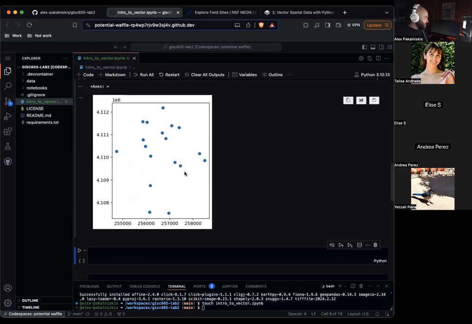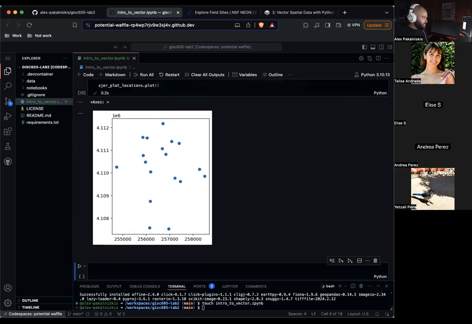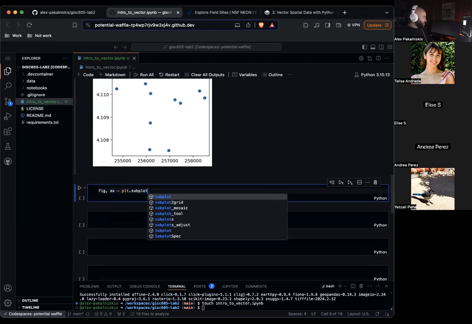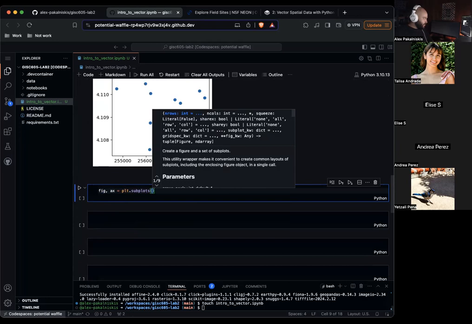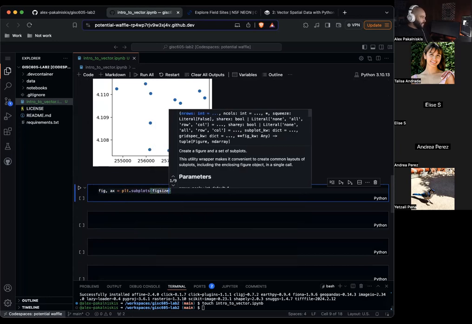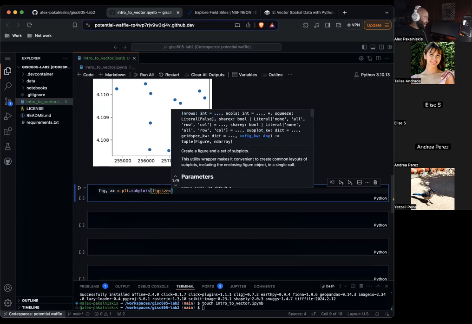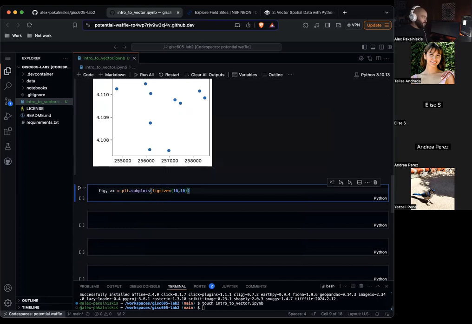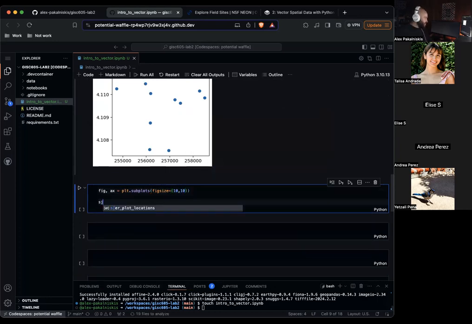So let's actually make this a little prettier looking. Not too much prettier, but a pinch prettier. And to get some more experience plotting, because we did plot last week using PyPlot, but let's do some more. We're going to use PyPlot to create a subplot. It's really just a helper or shorthand. We're not going to have multiple subplots. It's just going to be this one data set, but subplots is a nice wrapper that streamlines certain things about making figures. So you might see that throughout this lesson and even this semester.